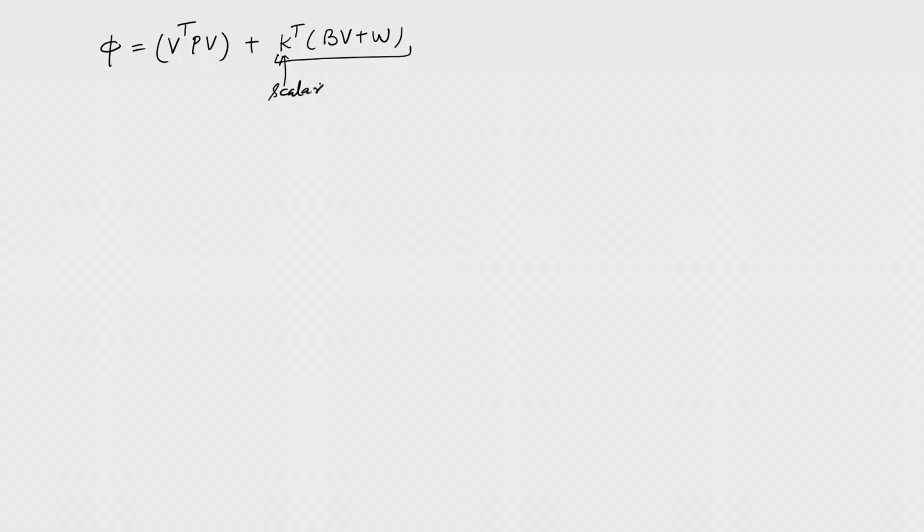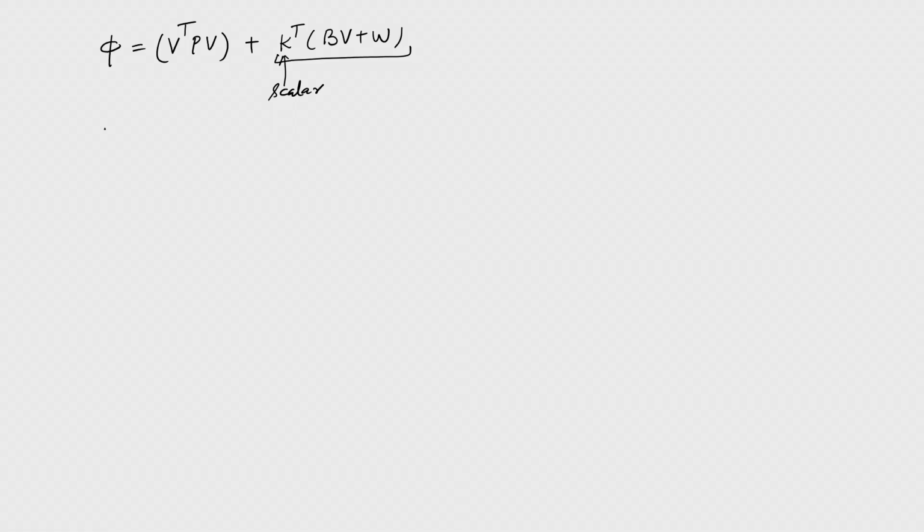Before we write the solution, let us first go by the fundamental principle which we said, that we want to minimize V transpose P V. Since I know BV plus W equals 0, if I take a multiplier K transpose, according to the dimension of the BV matrix plus W, this whole quantity is equal to 0, because this is a scalar quantity, or what we call a Lagrange multiplier, and this is already 0. So, I am not adding anything to phi. I can write it like that.